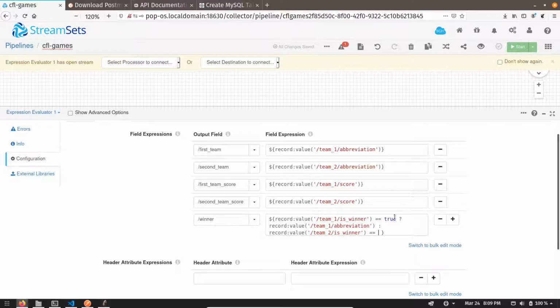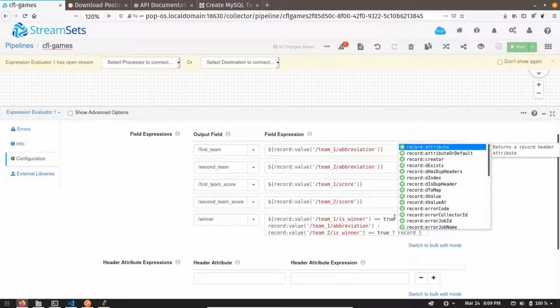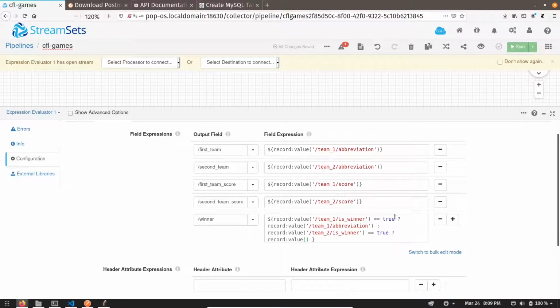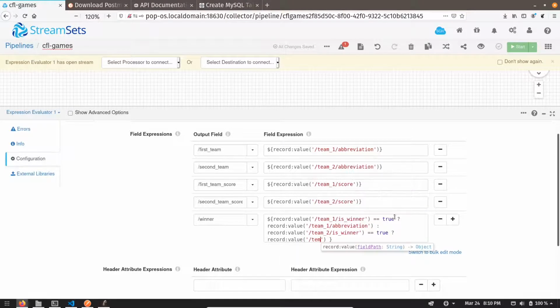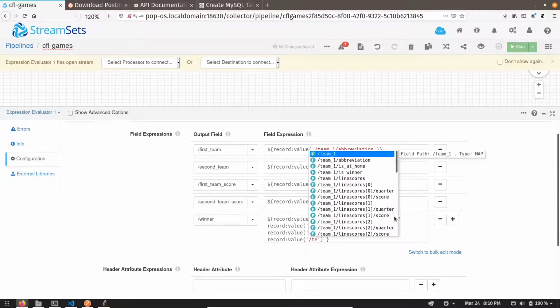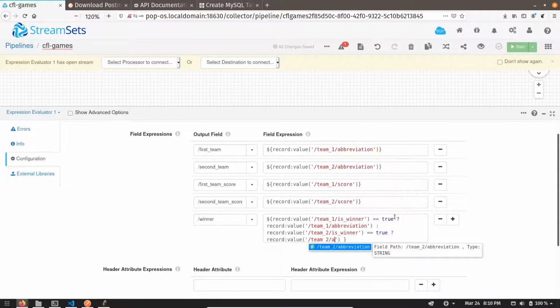If it is true, then give me the value of team2 abbreviation. And if both are not true, then we are going to give a value called NA.